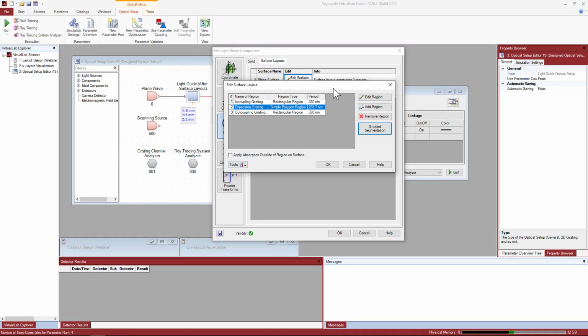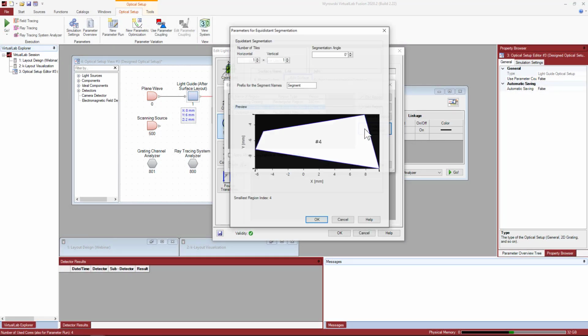Another feature worth mentioning here is this gridded segmentation that allows us to subdivide the regions that we have defined, these areas, into subdivisions, sub-regions, according to, for instance, this configuration. We can also enter a value here of the orientation of that segmentation angle. This is quite handy in order to vary the grating parameters over one of these areas, as is customary, in order to optimize the efficiencies of the working orders to ensure that the function, the intended function of the device,